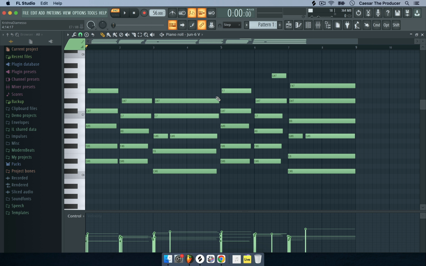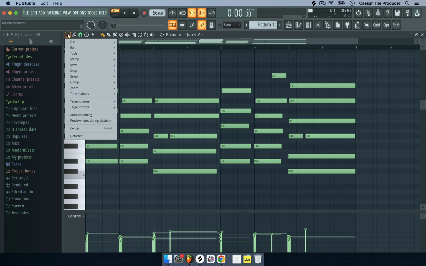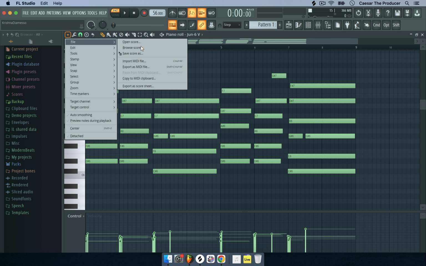The thing with that is, let's say you're really happy with what you have here, you could also export it back into MIDI. That allows you to keep that MIDI file as a reference. Maybe you're gonna use it in another song, or send it to a friend. So the way we do it, just come up here to the arrow on top here. We go to File, then Export as MIDI file, and I'm just gonna click there,